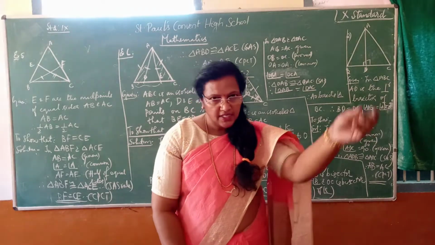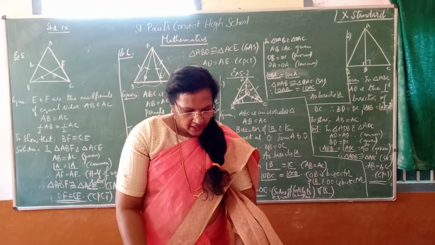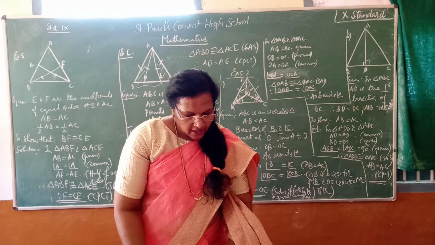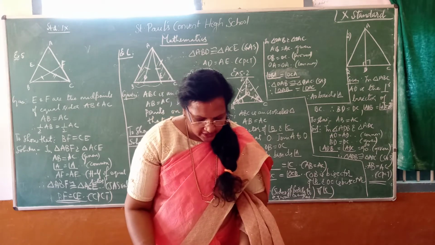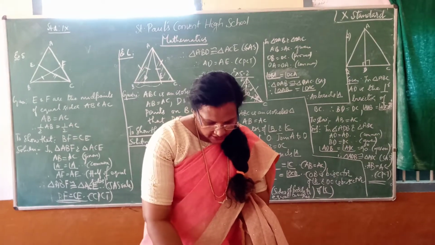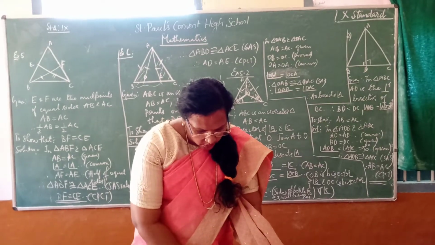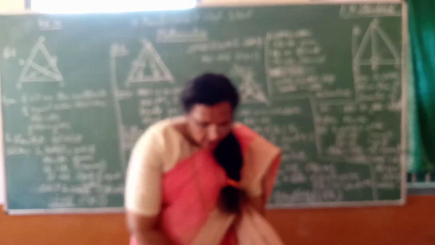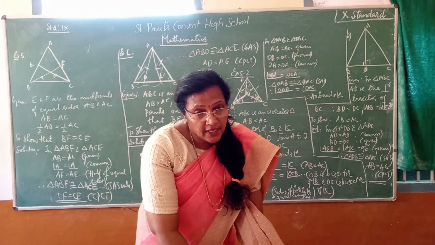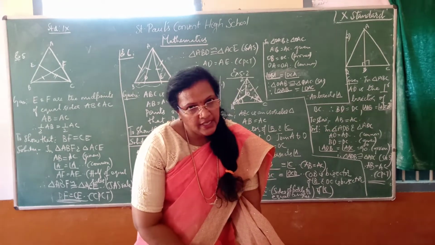This is from the construction. Once again I will repeat. Constructions, give the heading, page number 109. There are constructions 6.1, 6.2 and 6.3. After that give the heading construction of triangles, exercise 6.2, first and second. Example 1 is there, page number 115. Example 1. Then exercise 6.2, first and second.